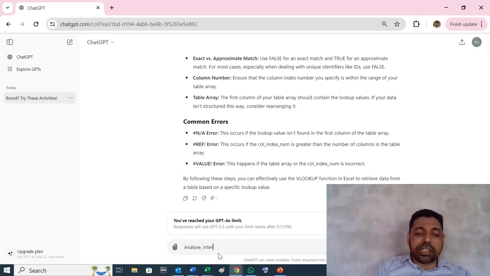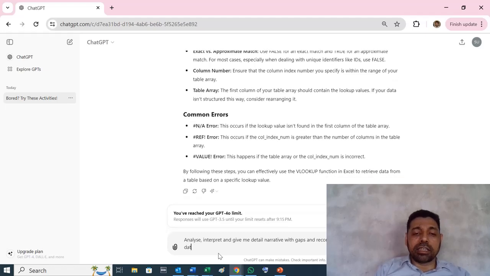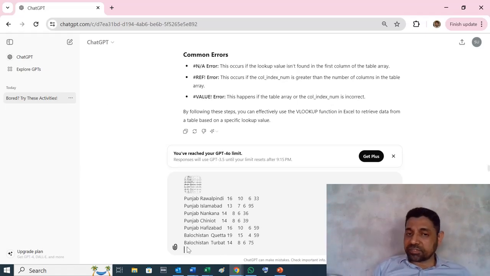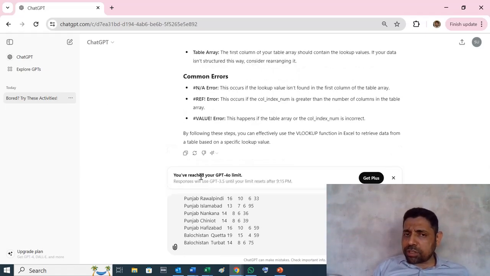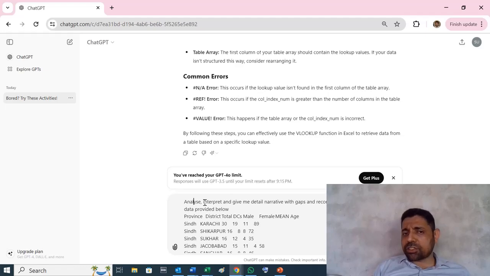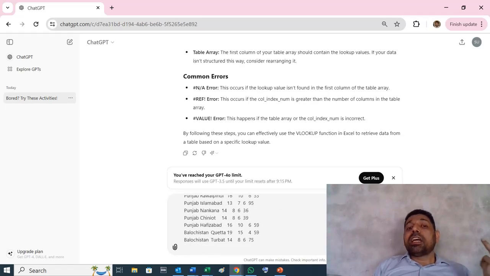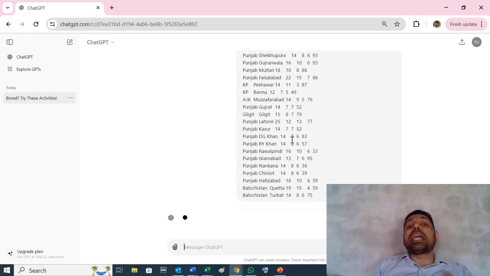analyze, interpret, give me detailed narrative with gaps and recommendation based on the data provided below, and just paste that data. When you paste the data, you should delete this image. Just paste your data and ask your question. Give me detailed narrative with gaps and recommendation based on the data below, and this is the data pasted. Okay. Now it will analyze this complete data and give you a complete narrative